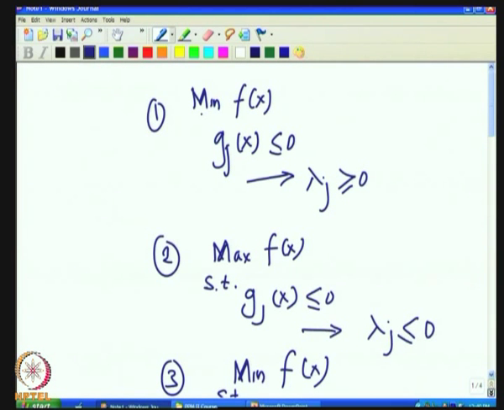and then if you change one of these, that is either the objective function or the nature of the constraint, the lambda j's will reverse the sign. If you change both of them, lambda j's will not reverse the sign, and will be the same as greater than or equal to 0. So, this is how the Kuhn-Tucker conditions are formulated, and of course, all the remaining conditions remain the same as I just indicated there. The remaining conditions will still remain unaltered.